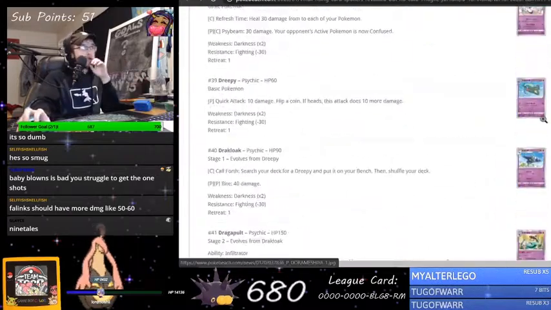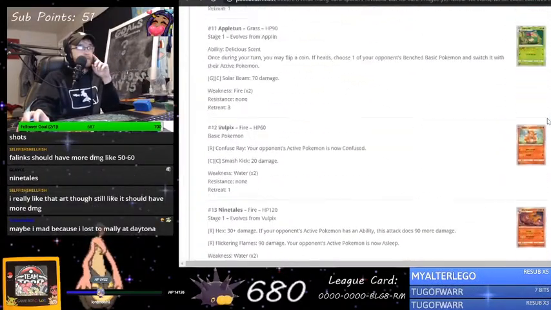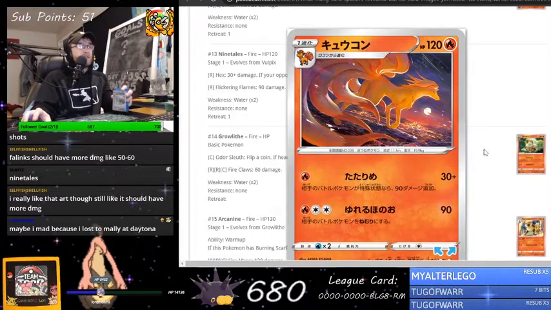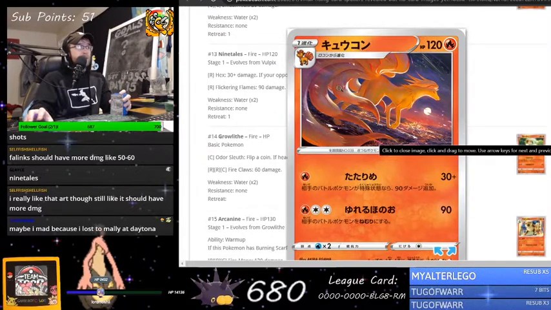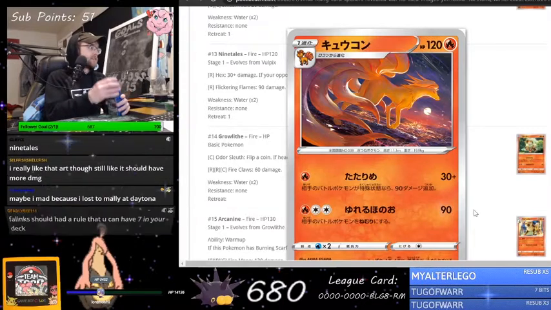Ninetales is also really pretty. I do agree with Ninetales. Where'd that go? I really like this Ninetales card. You know, on the edge of the cliff. Please don't fall off the cliff. Looks like it's really windy. You could blow over and fall off the cliff. That would be really sad, but...